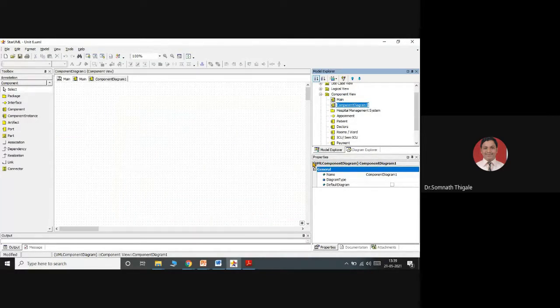I'll rename it simply as railway reservation system component diagram. Select this.